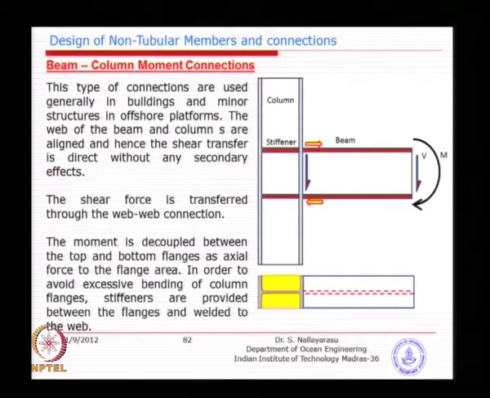The next one is the beam column. Instead of a beam you have a beam column, very commonly used in industrial buildings, in onshore structures, also buildings, sometimes prefabricated buildings; people use this type of connection very often. And basically you can see here the web of this and the web of this are aligned in a similar line, so that you do not get buckling, number one, and the bending effect is transferred to the parent column by means of a decoupling effect, which needs to be taken and transferred to the web. Ultimately the web has to take it. That means this stiffener shown in red color is going to prevent the flange from buckling and bending.